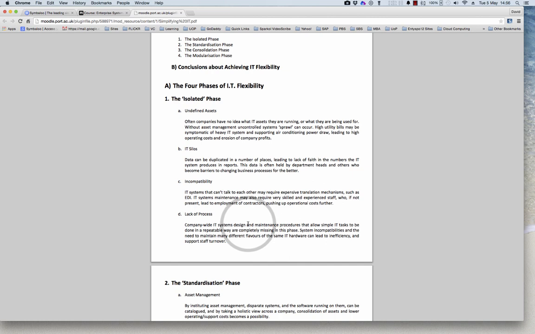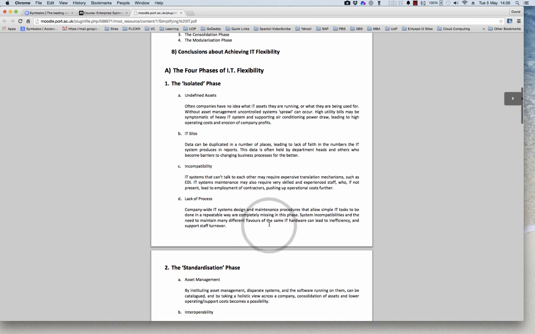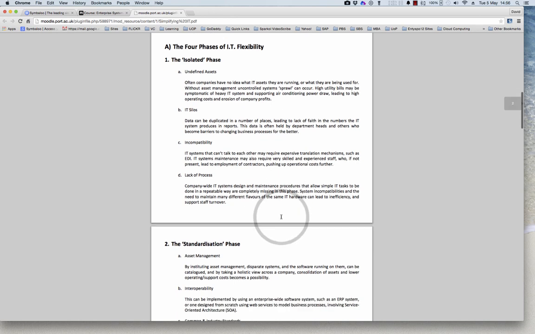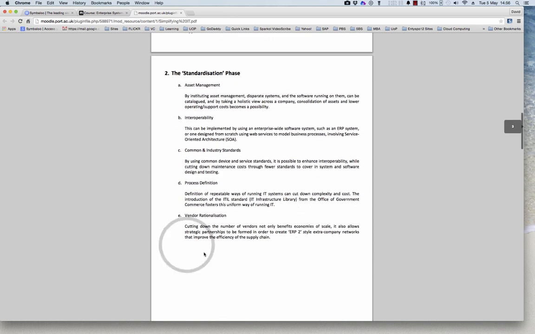And then you have a lack of process, so there's no kind of identified way of improving things, of resolving system incompatibilities. So that takes you to the standardization phase, where you take some action. You bring in asset management to work out and to manage which assets are kept and which are retired. You look at interoperability of systems. Working to common standards, so the devices all work to the same standards, and therefore they are likely to interoperate better. You start to have process definitions, and the IT infrastructure library is a framework by which